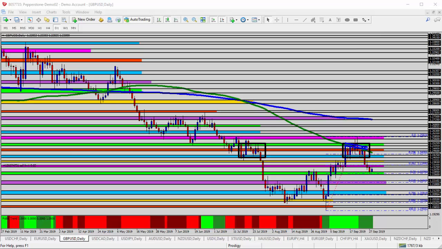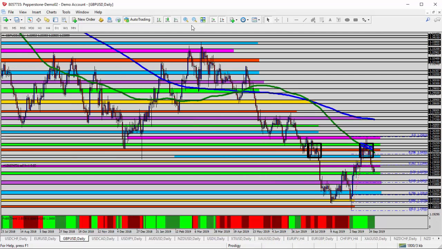Today we're going to take a look at the GBPUSD, Great British Pound versus the US dollar, for today's trade analysis. Several things I want to point out here on the daily time frame. First off, before we zoom in on the chart, long term we've been in a downtrend. I could scoot it out even more and you can see long term we've been in this downtrend for quite some time. Even the last leg, we're pushing down from the mid to upper 1.33s, middle of the chart back